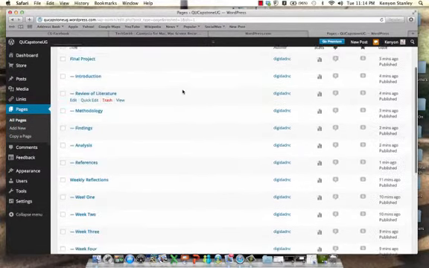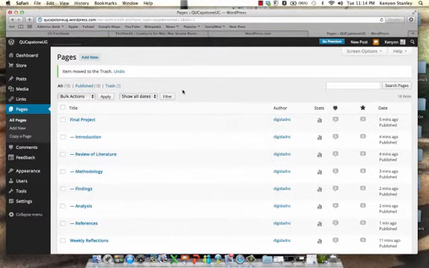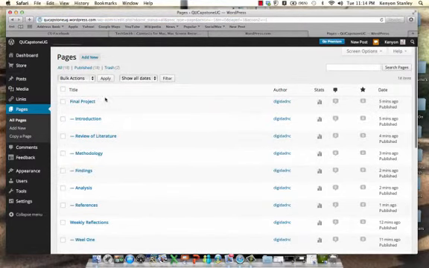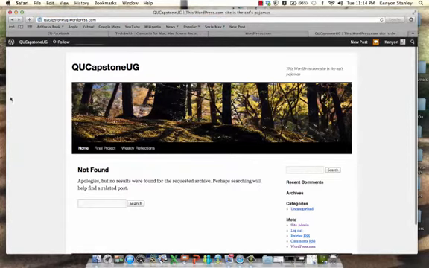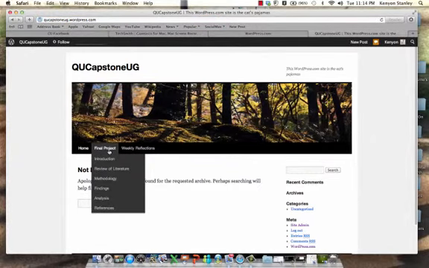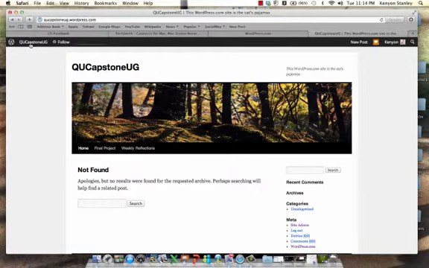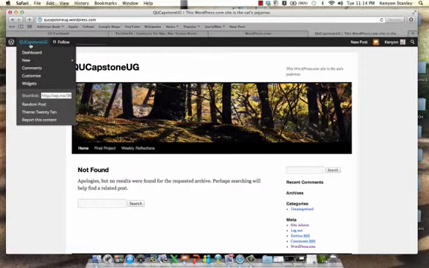So when you're done with this, one of the things that you have to do is right at the top of the screen, make sure you hit the apply. Let's take a peek. And look at that. You just have your home page, final project, weekly reflections, and now we are going to go on to the next element, which are